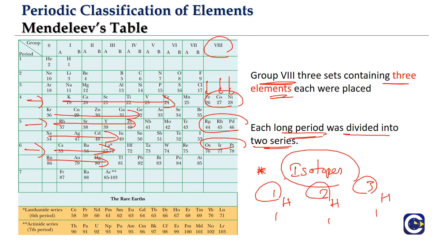But this attempt has really helped in furthering the understanding of the elements, particularly with regard to the discovery of new elements, and also it has helped in correcting the atomic weights of some of the elements, based upon the order in which they should come. If some of these atomic weights were wrongly calculated, people were able to rectify them, because every measured value will have an error.